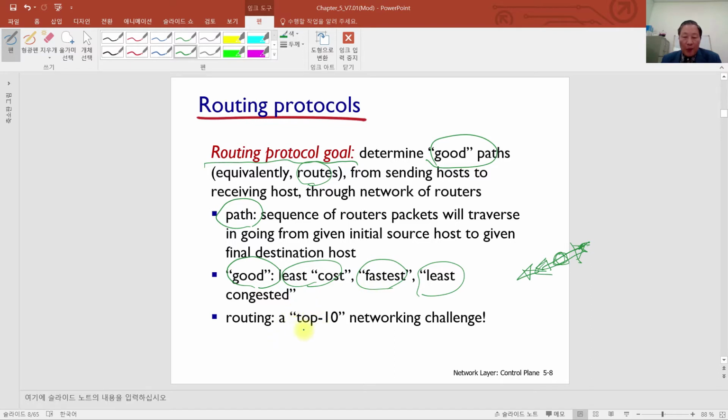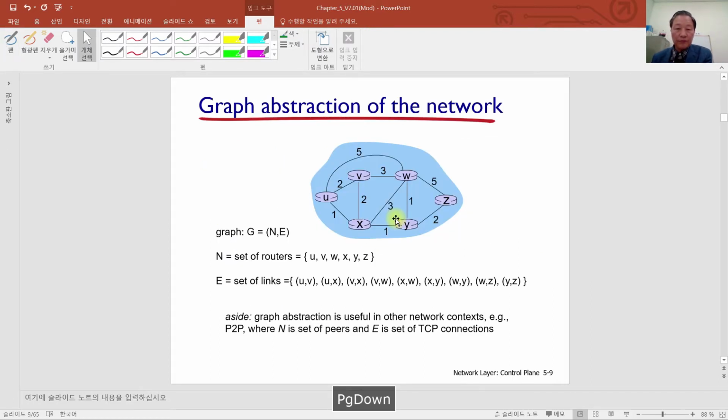And the routing is very important. Thus, this is one of the top 10 networking challenges, like congestion control, as we learned. This one is related to this algorithm, and to explain that algorithm, even though we are not going through that algorithm in detail,